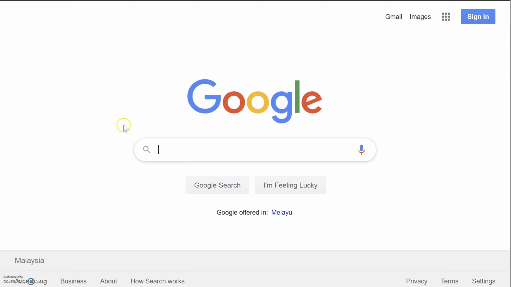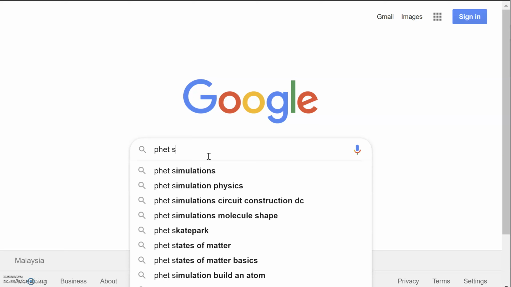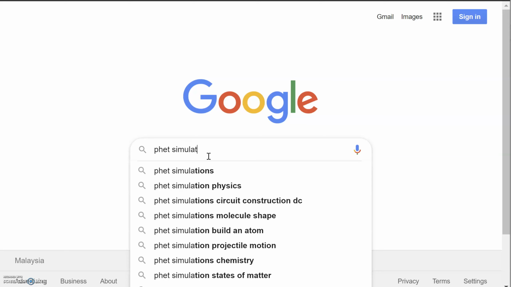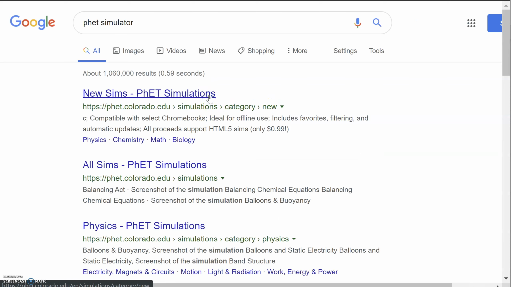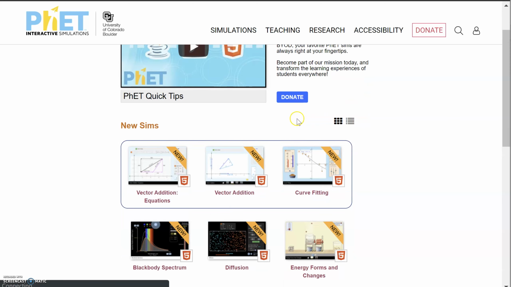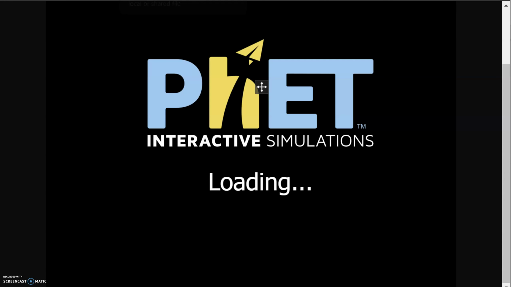Alright, for those who are not familiar with PhET Simulator, it's just a great online tool to experiment with physics concepts. All you need to do is type PhET Simulators on Google and you'll be set. So inside here you have multiple different experiments to play with, and today we will be doing the one which